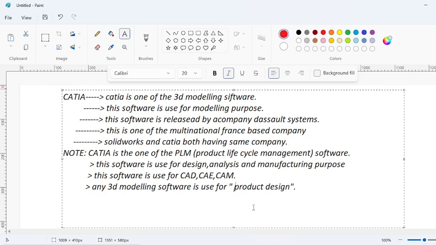Once you get total knowledge of the softwares, it is very easy to work in design. That is also an important point. Clear? Okay, so tomorrow